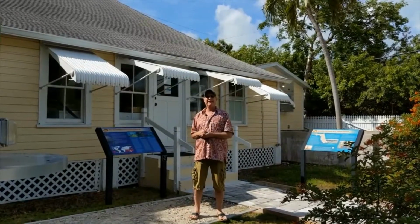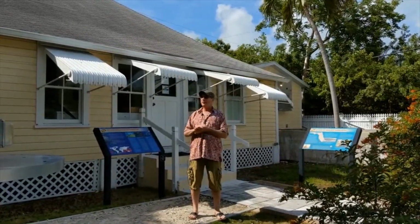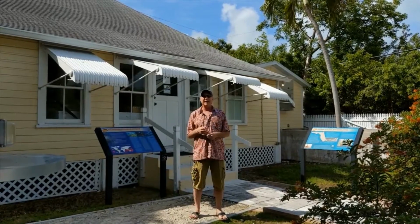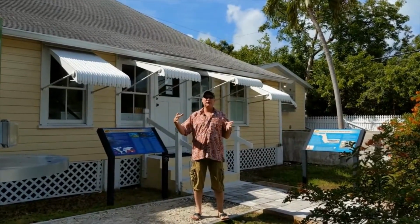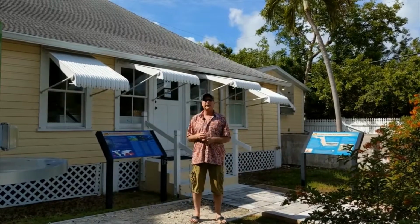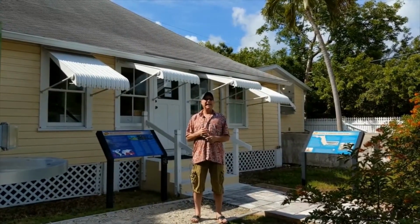Reef is the Reef Environmental Education Foundation, and it is home to this yellow structure behind me, which was built in 1912 and is really cool because it is the oldest building in Key Largo that is still in its original location. But before we get to more about the house, let's talk a little bit about the family who built the house. In 1886,